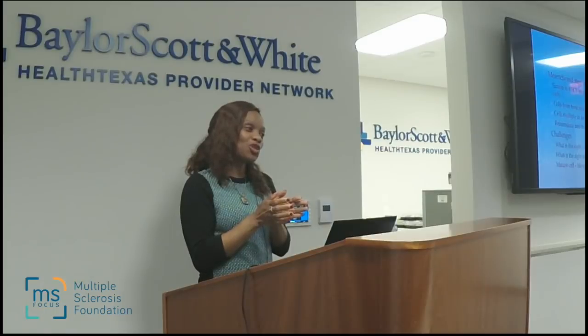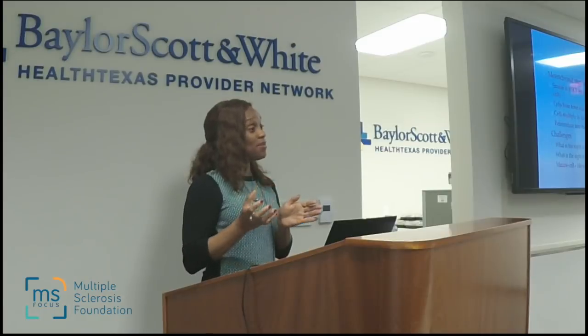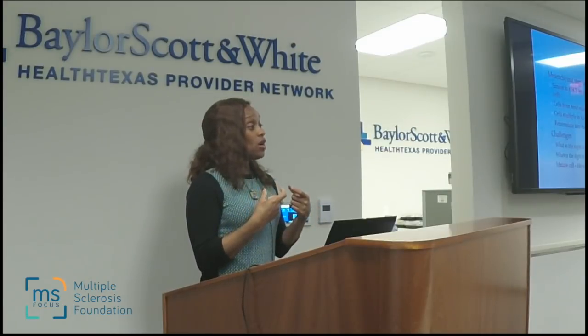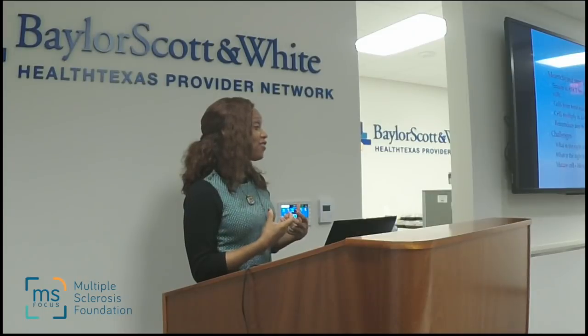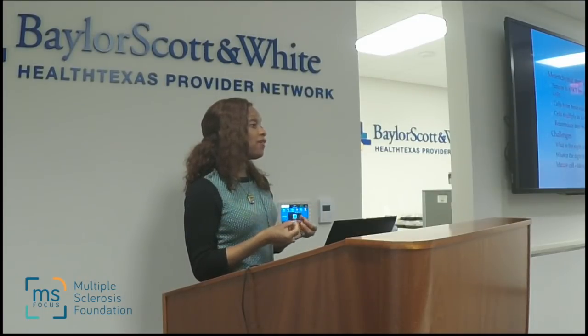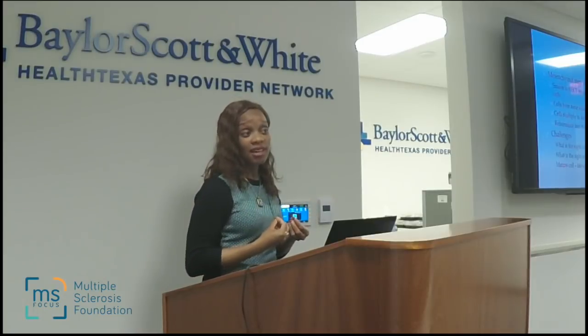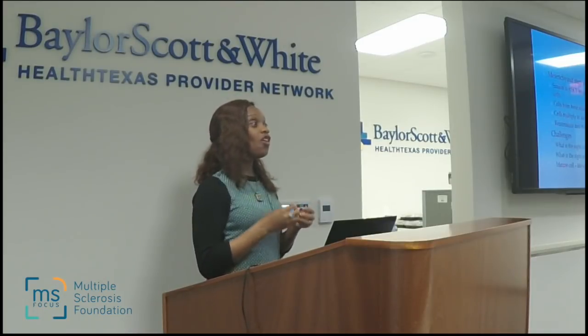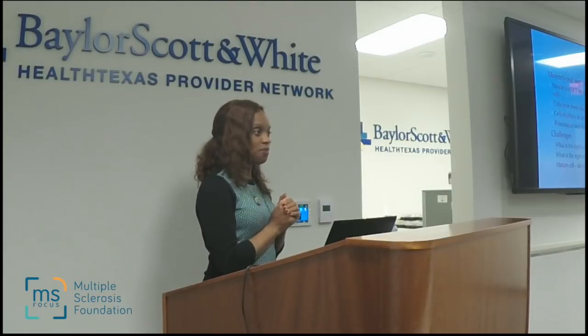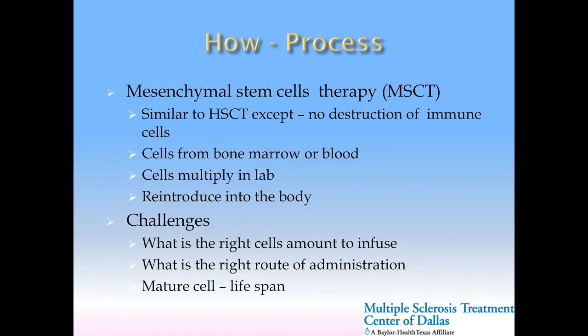If you're a little bit more mature, your potential for growing into new types of cells is limited. So when you're given these cells, you have the problem of, are they going to mature into the cell that I want them to mature into, or are they just going to sit where I just put them? And that is important, because you don't want cells just sitting somewhere and not being mobilized or going throughout the body. Then you also have complications of